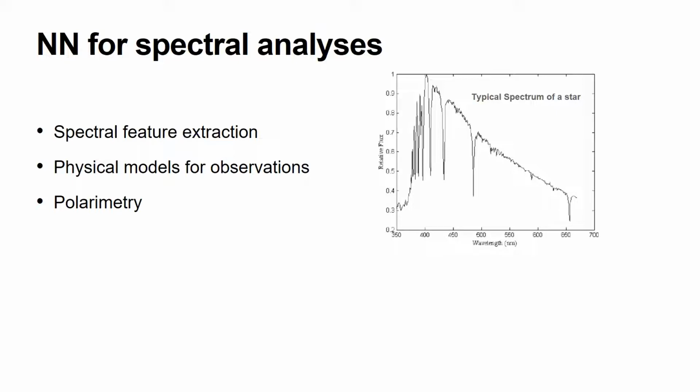And now it's not simple anymore, because in addition to these very, very strong lines, there are hundreds of millions of weak lines. And sometimes you are interested in those weak lines. So now what are you going to do? That's the challenge. But neural network is the tool that is designed to handle this kind of massive amount of data or models.